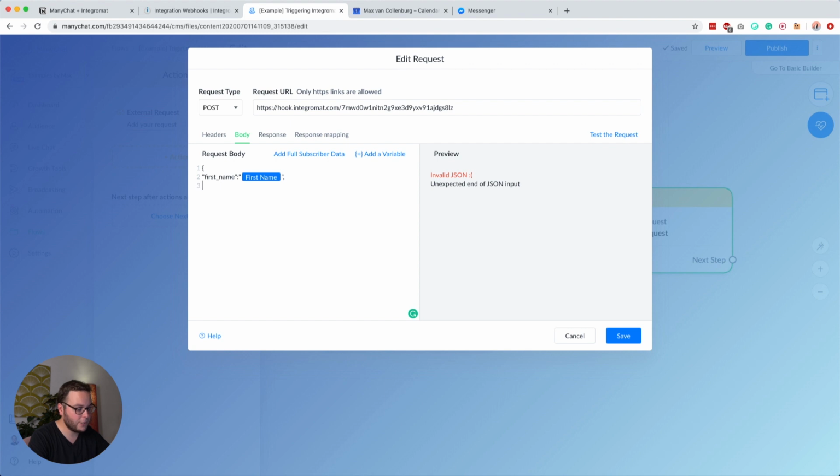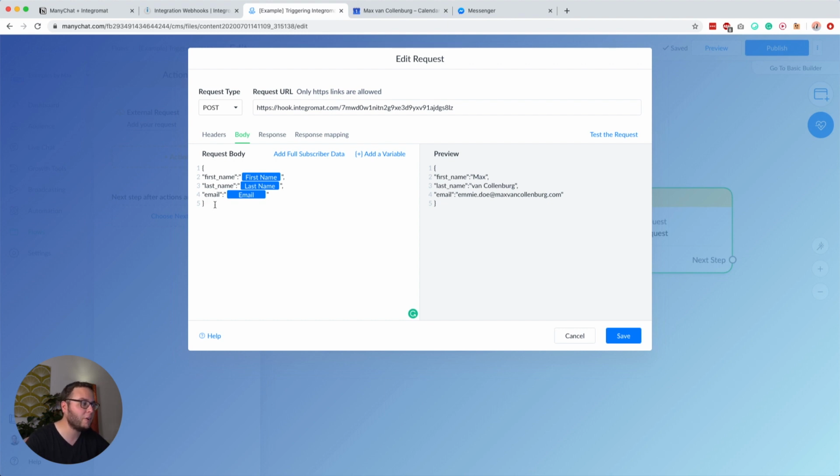and then we want to do a comma to go to the next row, and then we say here last name, quote, colon, quote, and then we're going to add variable again. Then we say here last name, we uncheck this box, then we have a quote, a comma, and then we want to add email, and then we add the email system field variable, here email, then also uncheck that again, then a quote mark, and then in the last row, no comma, because otherwise you're also going to get errors. And that is basically how you write really simple JSON.